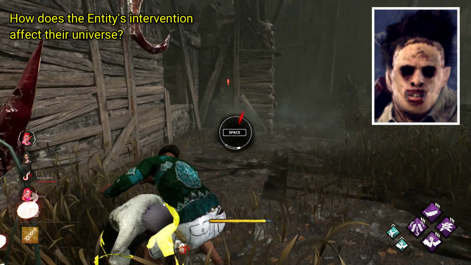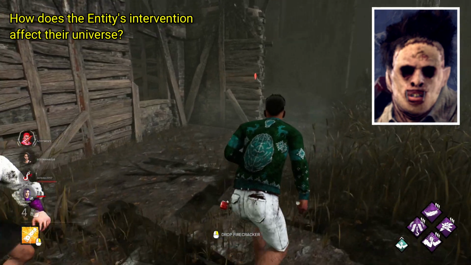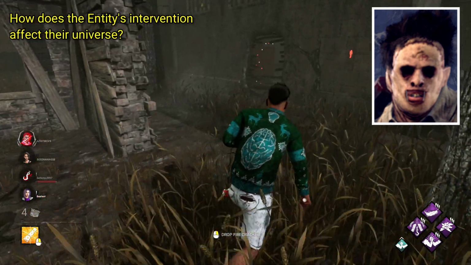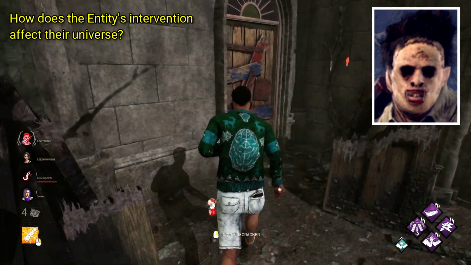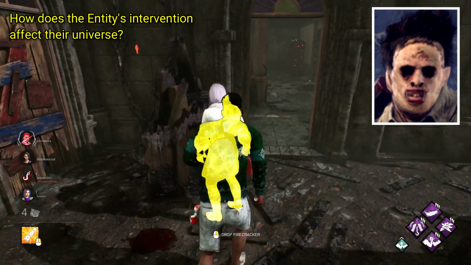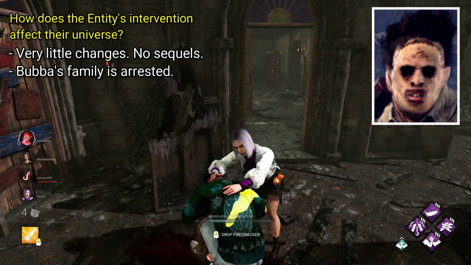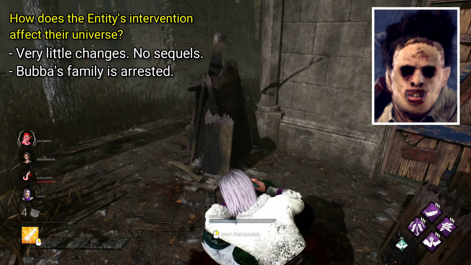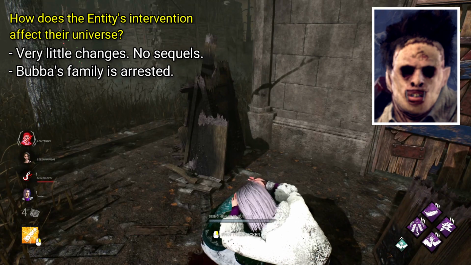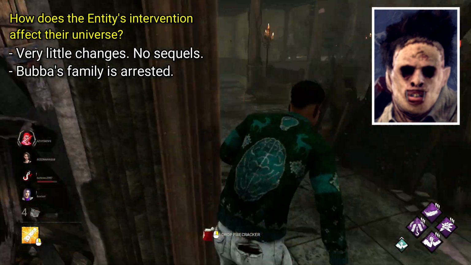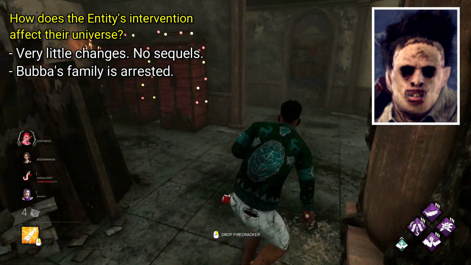Someone like Bubba being taken doesn't mean all too much either. After the events of the Texas Chainsaw Massacre, say, we'd have to choose a specific chronology from its multiple different sequels. Regardless, the simple answer is that the world is largely unchanged. The events of the first film are horrible, but really Bubba and his family have no larger effect on the world, in the way characters from other universes do.